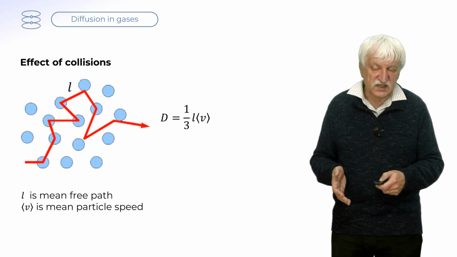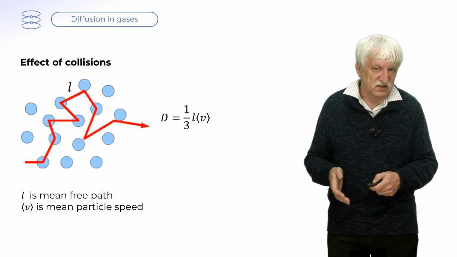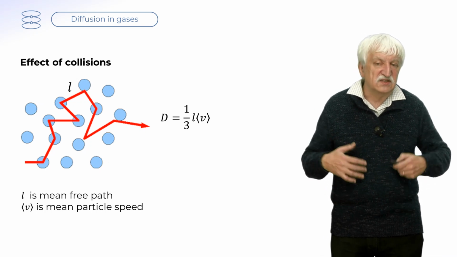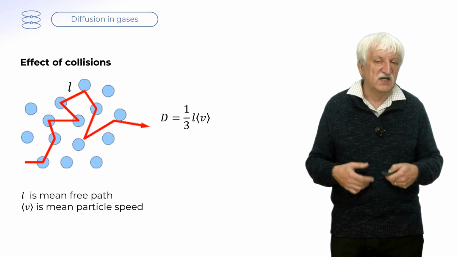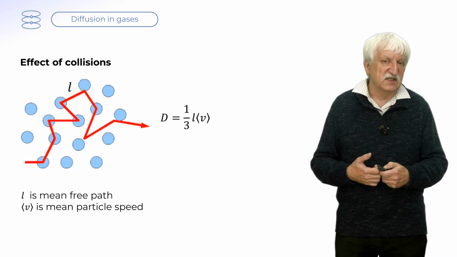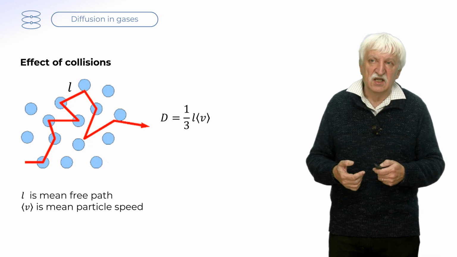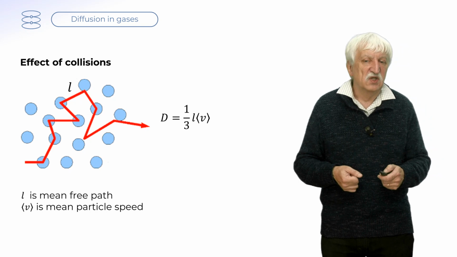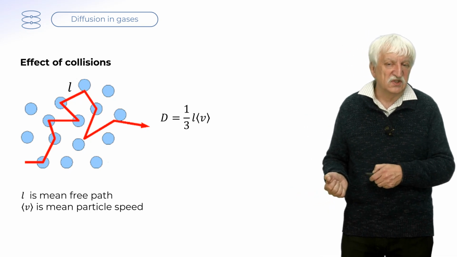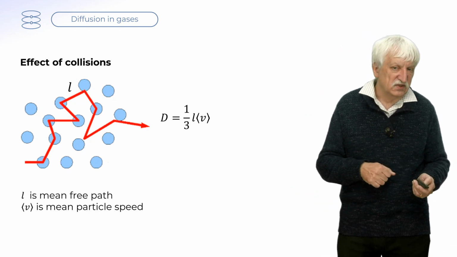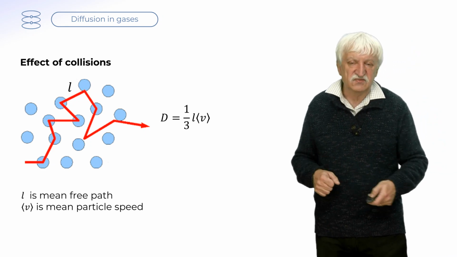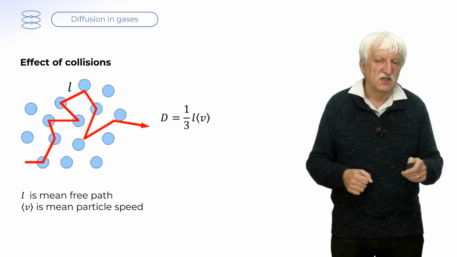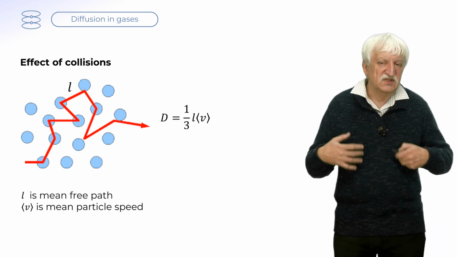So far, we considered only ideal gases, so the gases in which there is no interaction between particles. But in general, in gases and in liquids, there are such interactions. So the particles move from one collision with another particle to another collision. Everything that we discussed before in the diffusion equation, two fixed laws, will be valid even in this case,